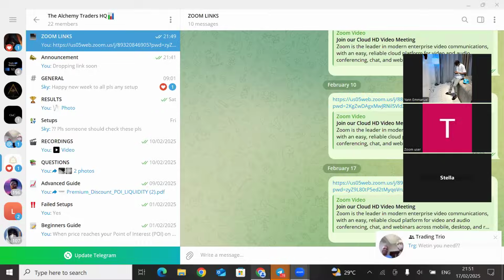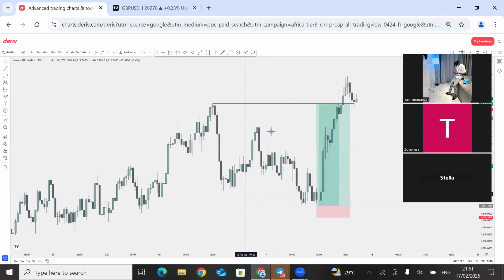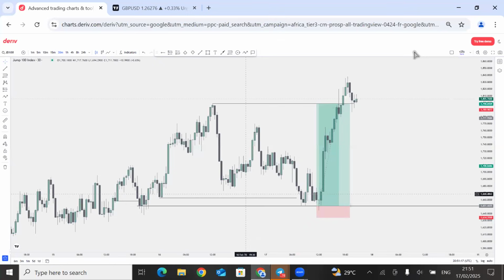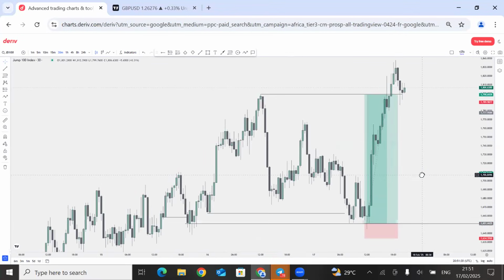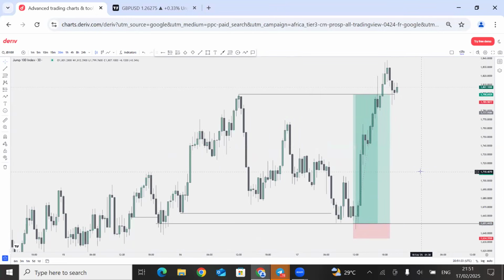So sometimes when I do my top-down analysis and I move to the higher time frame, as you mentioned previously, we should be looking for external range liquidity and internal range liquidity, and price should be moving from the internal range liquidity to the external range liquidity. But the issue is that sometimes price doesn't respect the fair value gap and it moves in the opposite direction. My question is, is there a confluence that you can provide to further confirm the fair value gap?